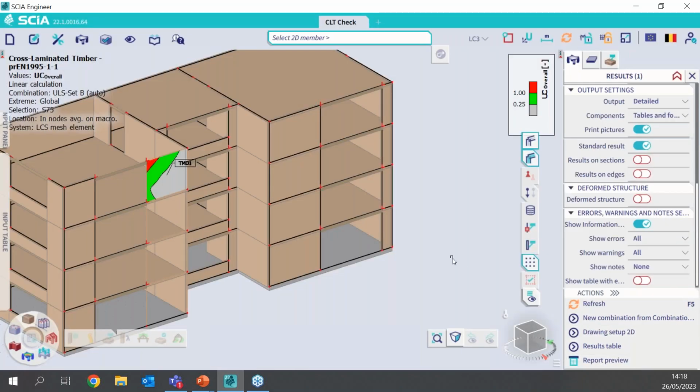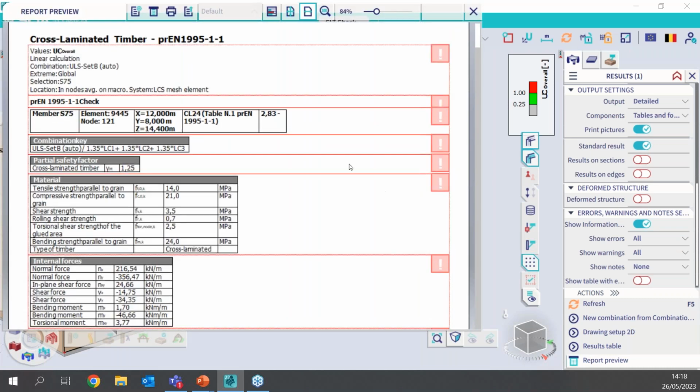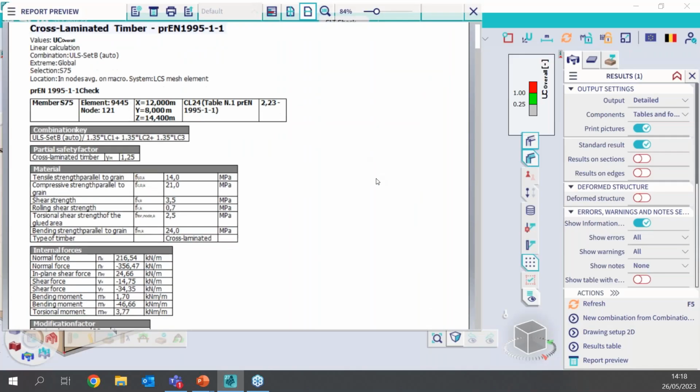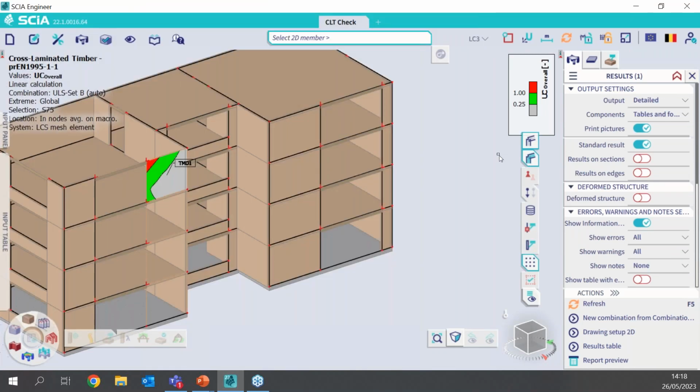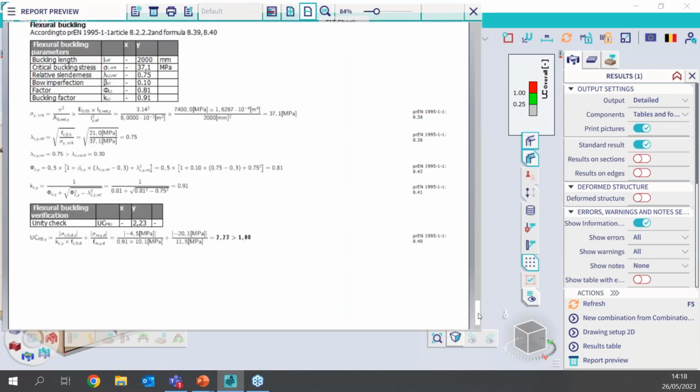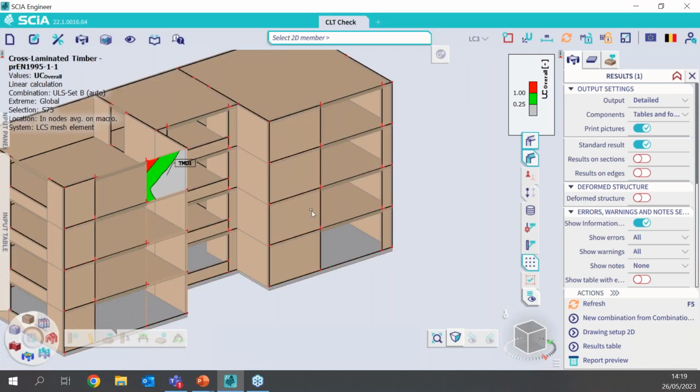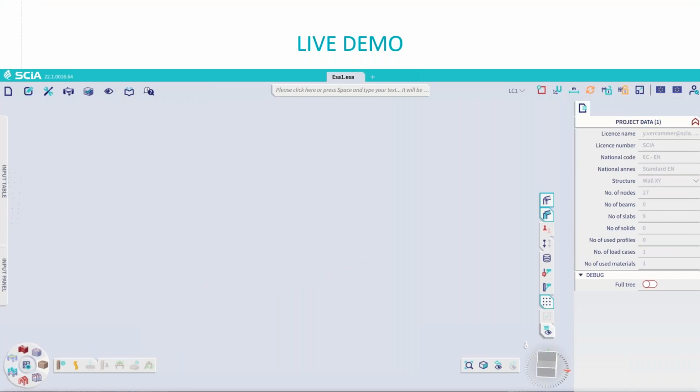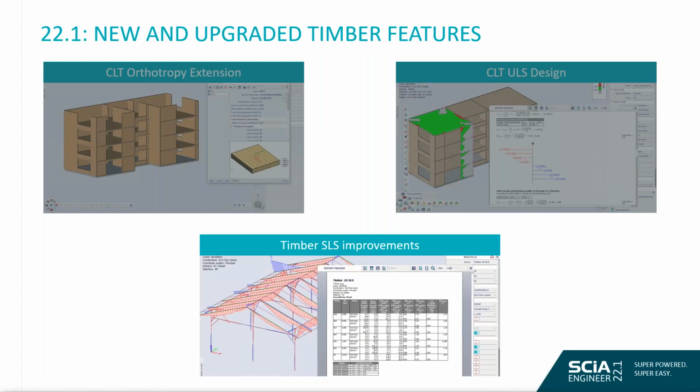Maybe you can take my word for it, but if you have 2 seconds of patience, I will show it to you. So our buckling length has now changed to 2 meters. So that's it for the CLT design, and I will take you back to my presentation for our final, well,